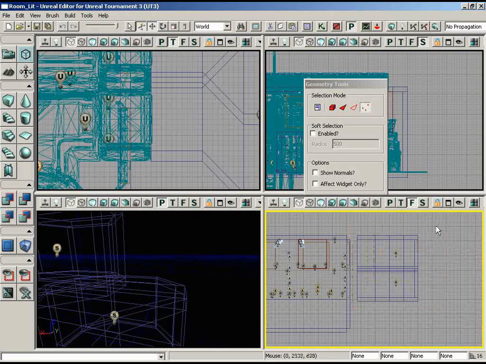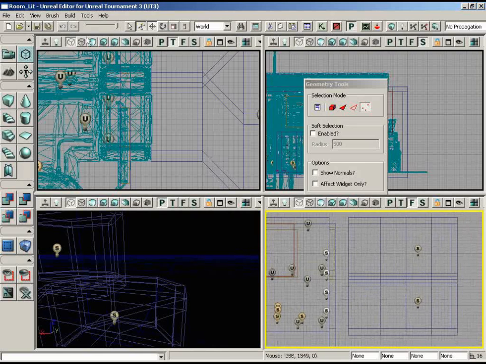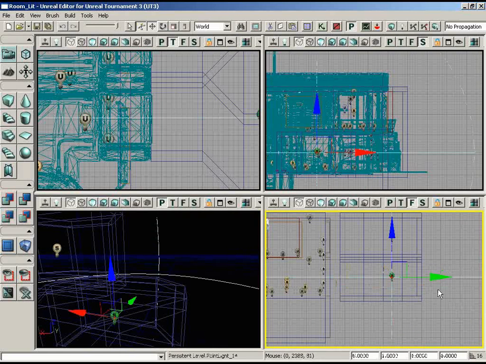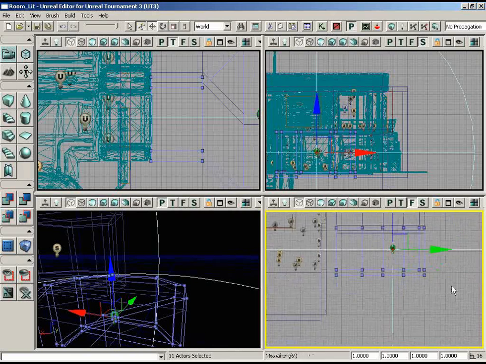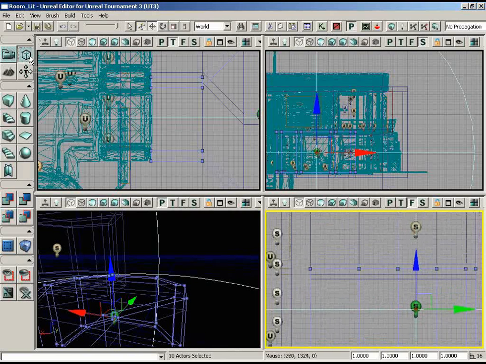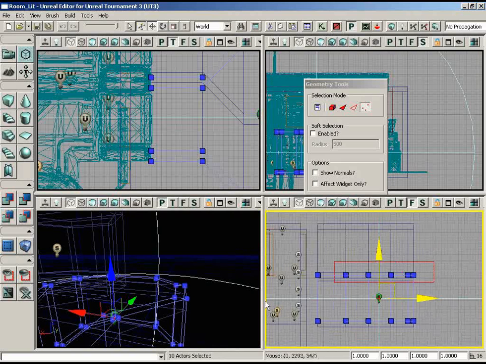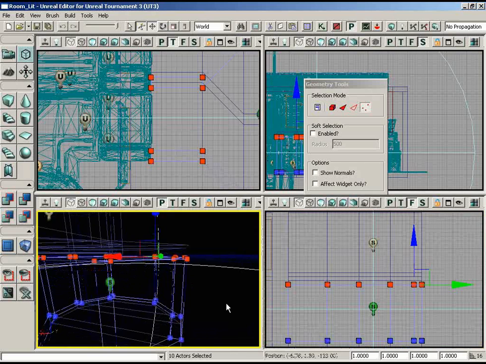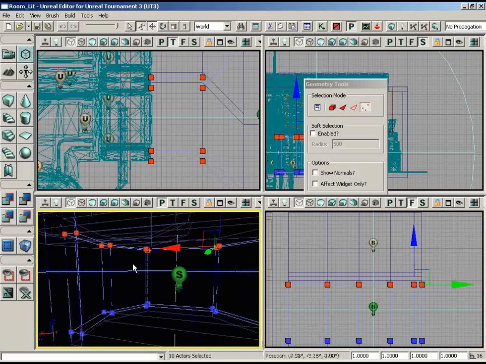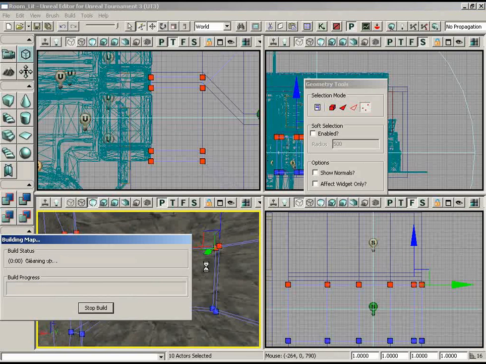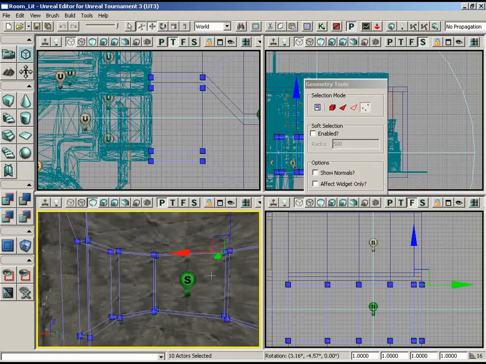I grab everything. Oh yeah, being in geometry mode certainly doesn't help that. Right, so let's grab all of these, deselect the bottom, jump into geometry mode, grab all their vertices, and drop them down to about here so they meet the other brush. So let's jump back into unlit mode, rebuild geometry. Now I've probably lowered the ceiling just a little bit in this room,